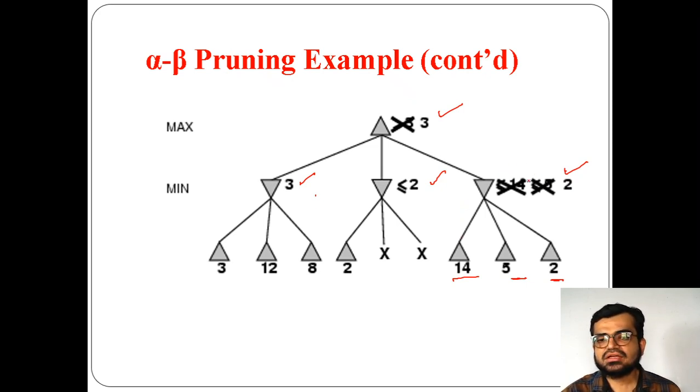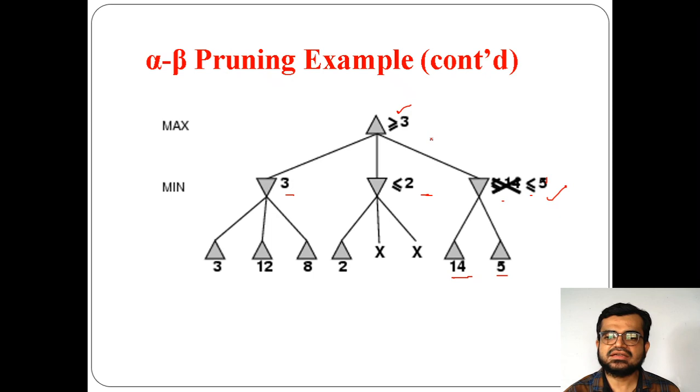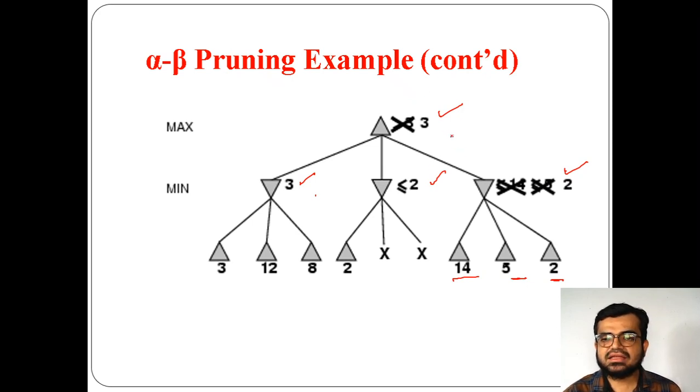But the thing is that there is no need of pruning here. Why? Because already we have visited. Until here we haven't visited. That's why it is 3 and it is 5. So 3 is less than 5. But now 3 is greater than 2, but there are no nodes available further. So in this way we are performing alpha beta pruning. Pruning means removing the values which are not required in the overall result of the given problem.